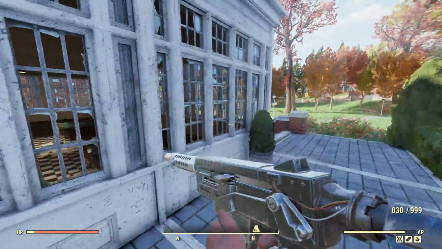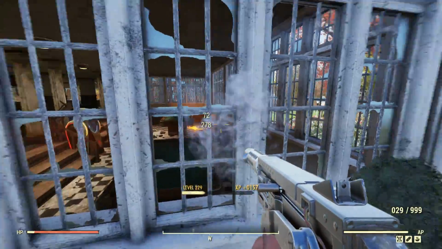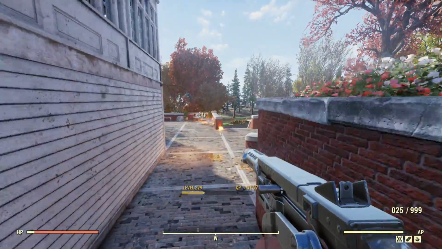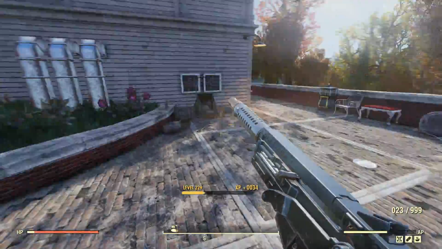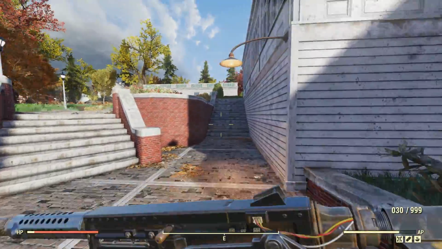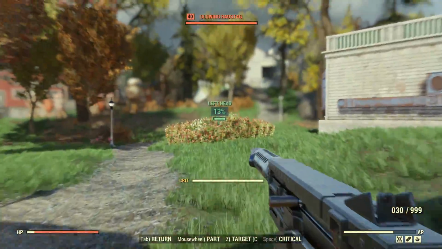Alright, so in terms of crowd control situations, you can sort of kill all these guys without them really getting the drop on you, which is nice, and bless your little cotton socks, Roma. Alrighty, we are done with this place. Let's just...